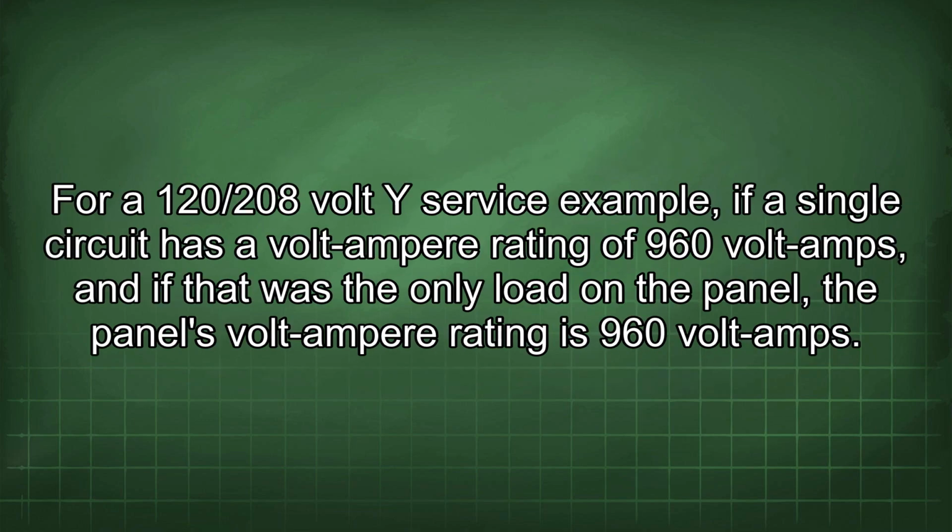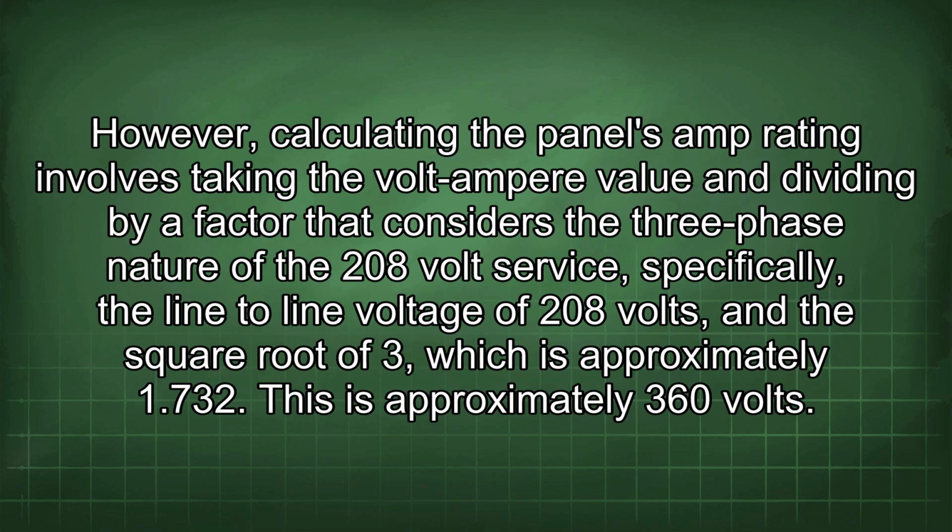For a 120/208 volt Y service example, if a single circuit has a volt-ampere rating of 960 volt-amps, and if that was the only load on the panel, the panel's volt-ampere rating is 960 volt-amps. However, calculating the panel's amp rating involves taking the volt-ampere value and dividing by a factor that considers the three-phase